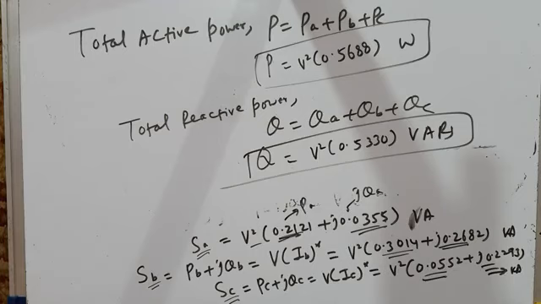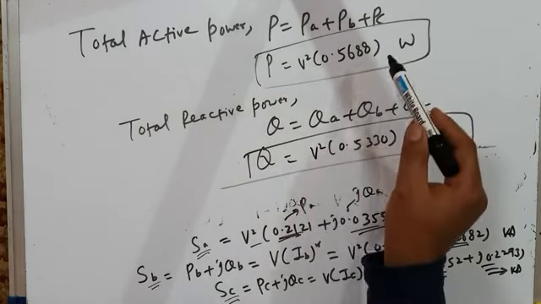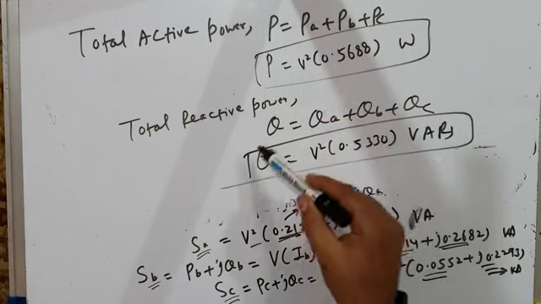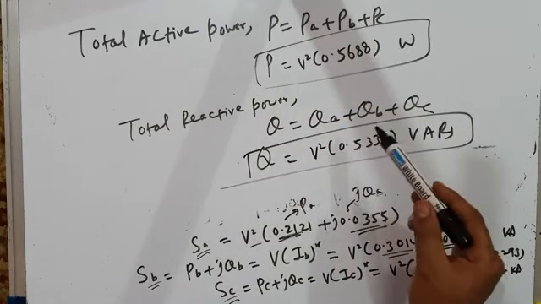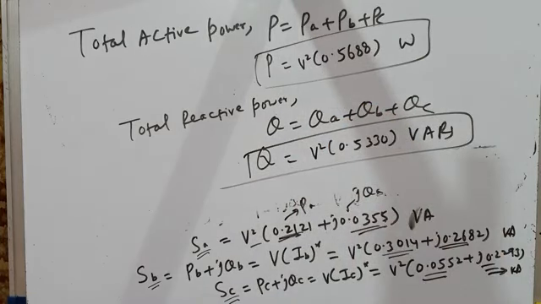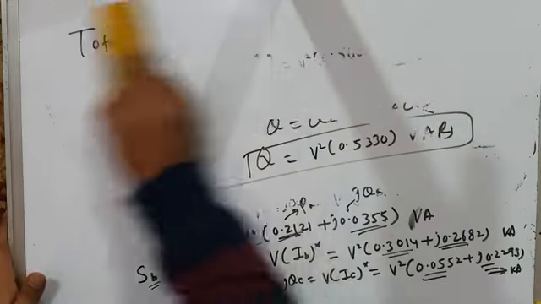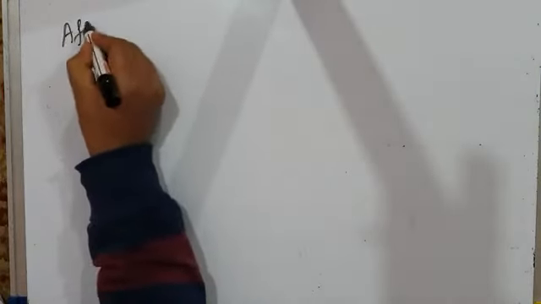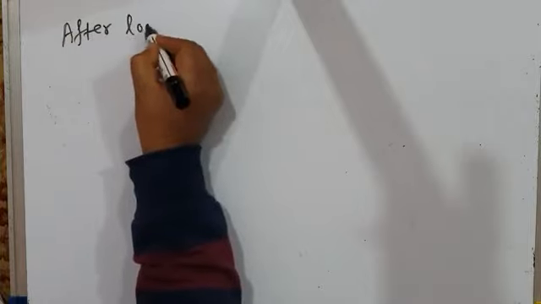So therefore you can see the currents drawn are unbalanced, and these are the individual apparent powers of the three phases. This is the total active power consumed by the load and the total reactive power delivered from supply to the load. This is before compensation. Let us see what happens after compensation. Once you connect the shunt passive compensators, let us see what happens after load compensation.